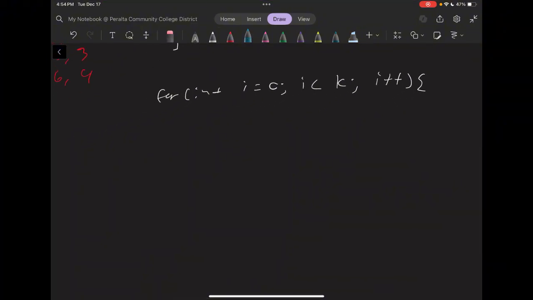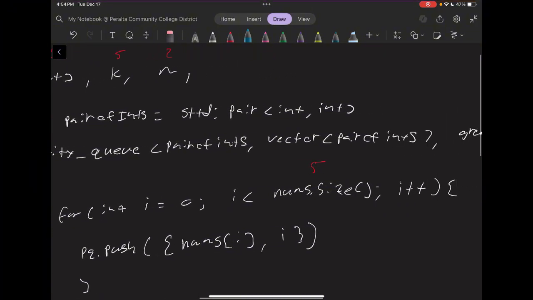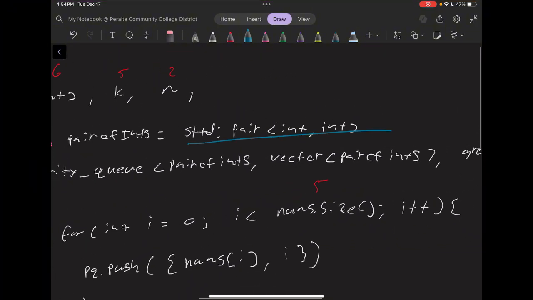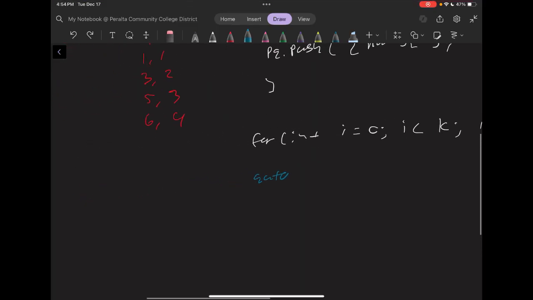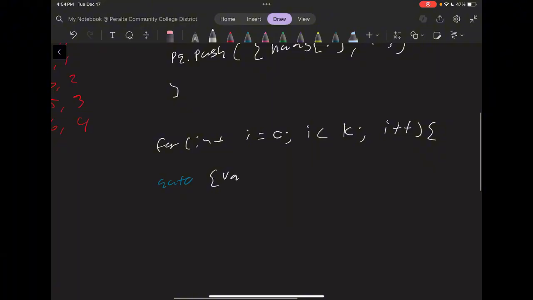So we said auto, which is essentially just going to automatically detect what kind of data type we're using, and in this case it would be of type pair of ints, which in turn is just std pair int. So auto, and then we're going to have value, and then index,